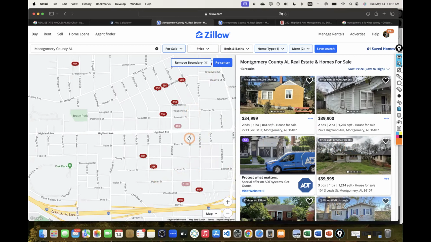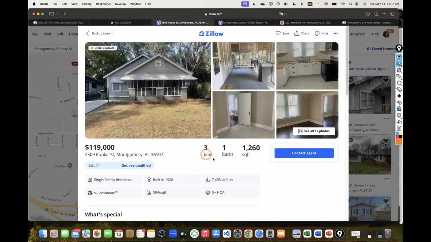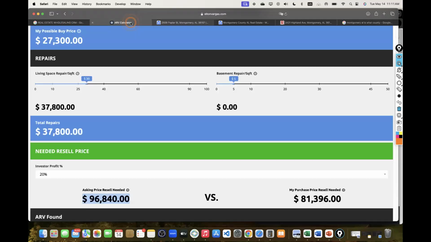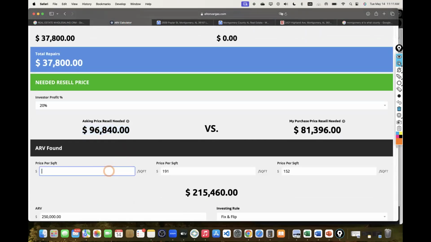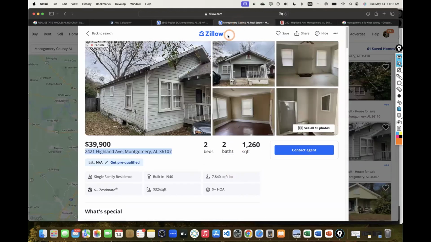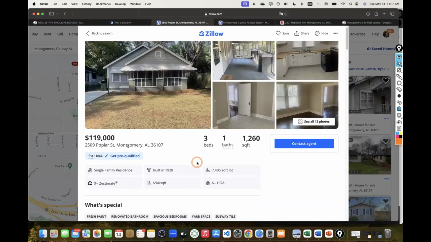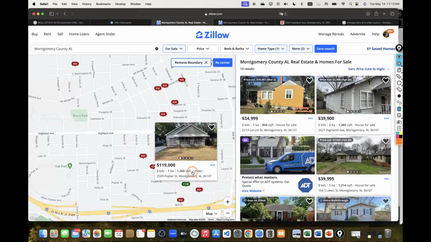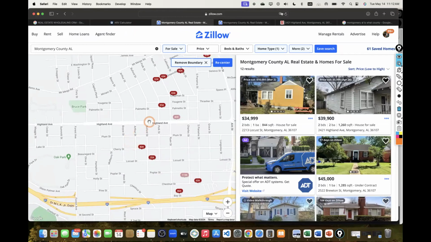I'm gonna leave it as that. So that's one comp. What's the price per square foot? $94. Okay, so let me go through my numbers. Off the bat, we got 94. My property needs to sell for $96,000 for our investor to make their deal happen. I want to see how much I'm able to get on a contract as well. This is for 39. I can still push it for a little bit more, maybe 20, 25. That's what I'm guessing it should definitely be under contract. It's going to be a very small wholesale fee, because it's already priced very low.